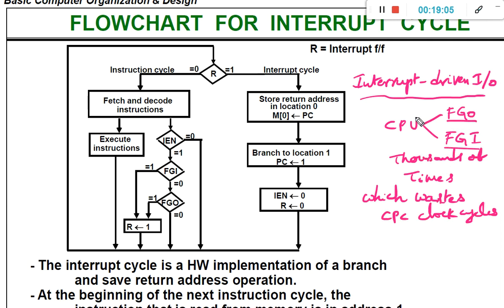So instead of doing its own business, what is its own business? To execute the instructions. So that is why now we are going to reverse the process.